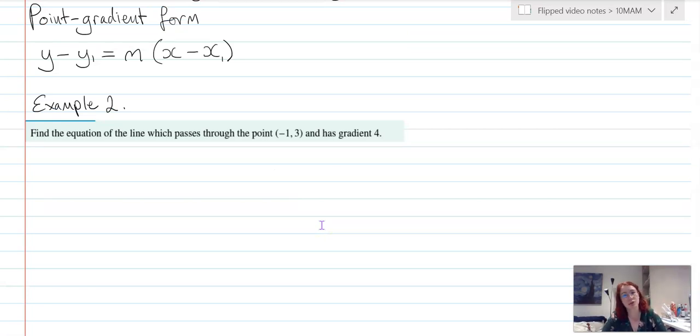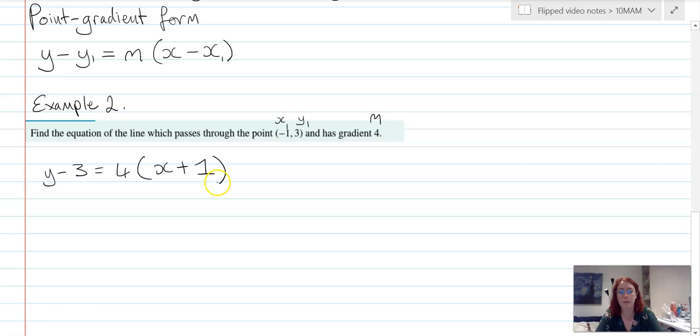Another common form is something called point gradient form. And as it might sound, this is useful when, rather than being given 2 points or the equation of the line, if you're given 1 point and the gradient, then it's going to be easy to find the equation of the line from those things. So in this case, y1, x1 are going to be the coordinates of that point. X and y stay the same, and m is still our gradient. So here we've got a line passing through -1, 3, so that's going to be x1 and y1, and a gradient m of 4. So we would write that out as y minus 3 equals 4 times x minus -1,